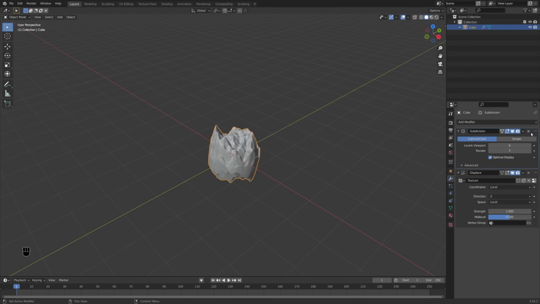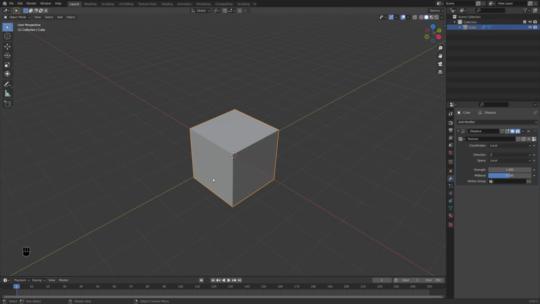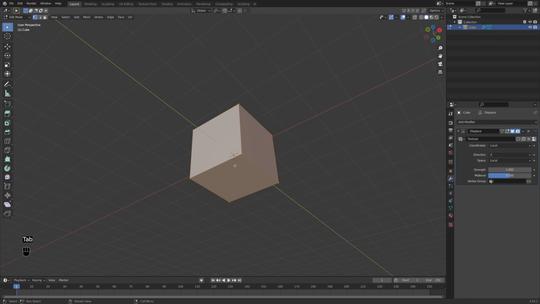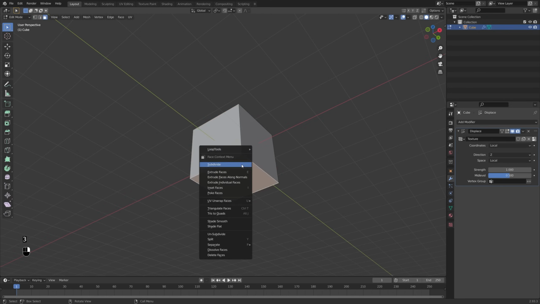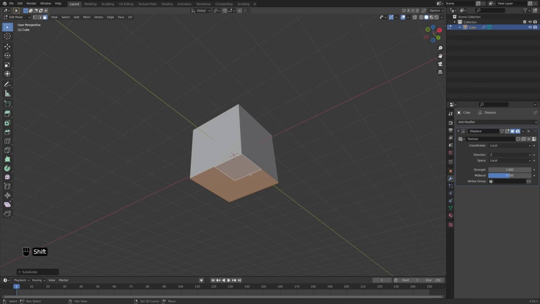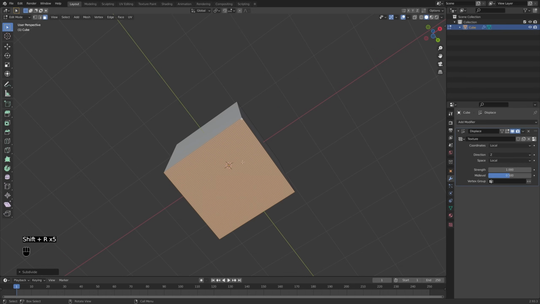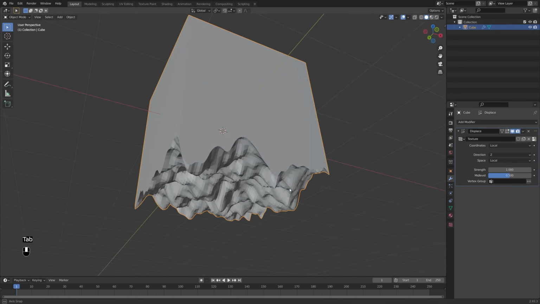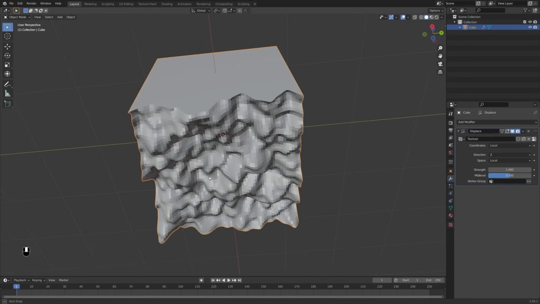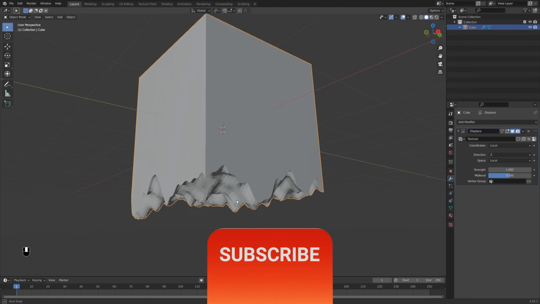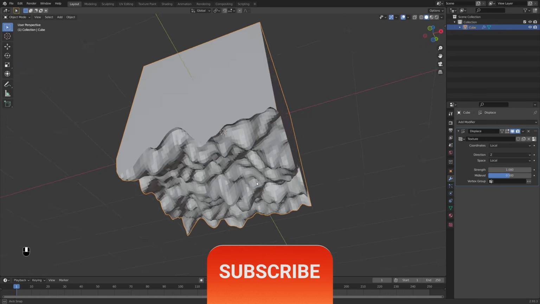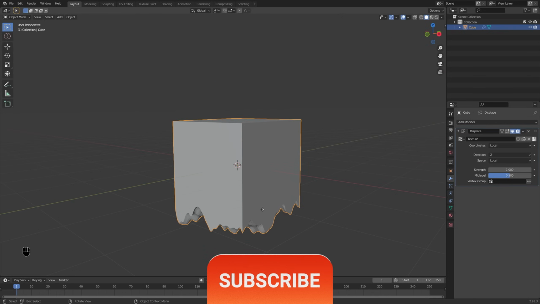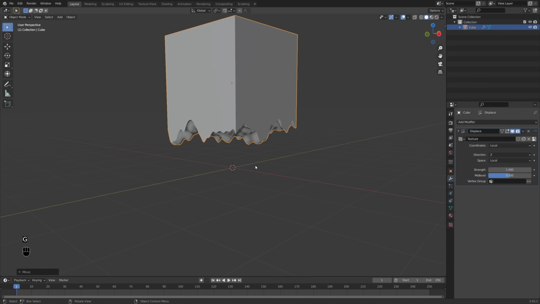So instead of using the subdivision surface modifier, I'm going to press X to delete that. I'm going to go into edit mode and then just selecting this bottom face here, I'm going to right click and subdivide it. And then I can press Shift R to repeat that action a few times, just until I have a pretty dense geometry down there on the bottom face. And now you can see, tabbing back out of edit mode, we've got exactly that look we want. And this is going to be kind of the inverse of our mountains that we're going to cut. So what I'll do is go ahead and bring this up on the Z-axis a little bit,